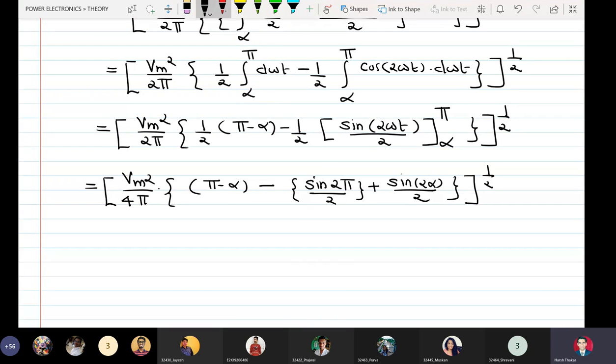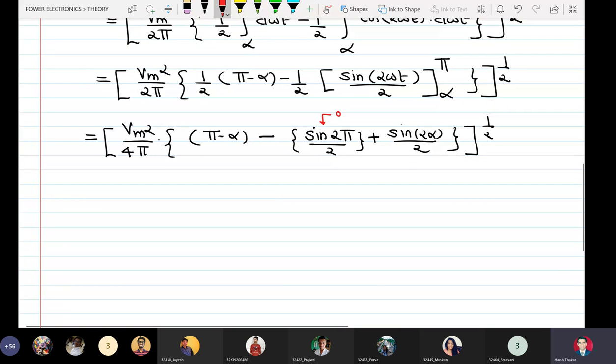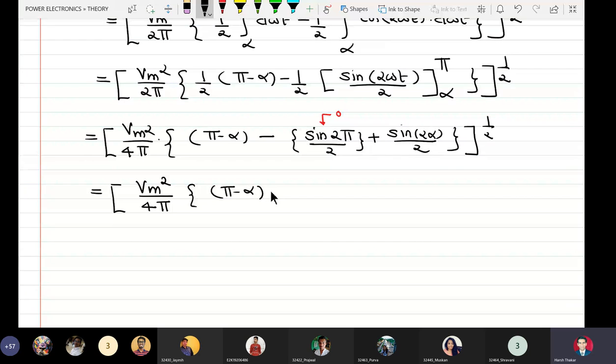So this term will be 0. So which is equal to Vm square by 4 pi, pi minus alpha plus 1/2 sine 2 alpha,